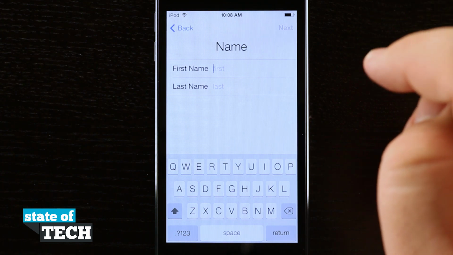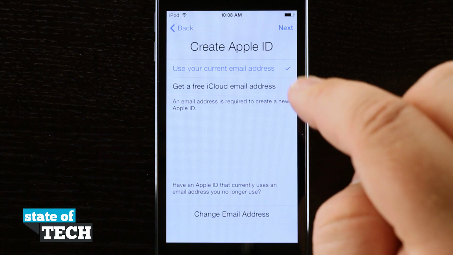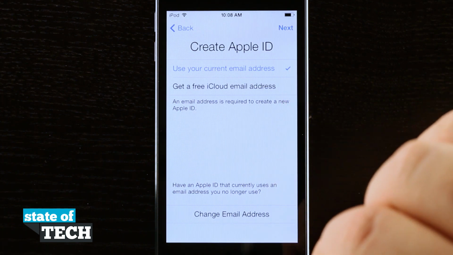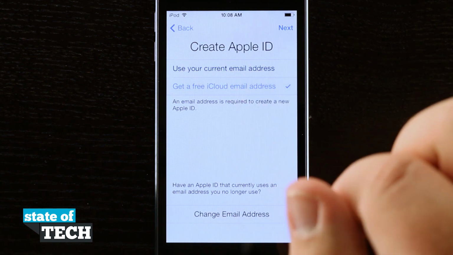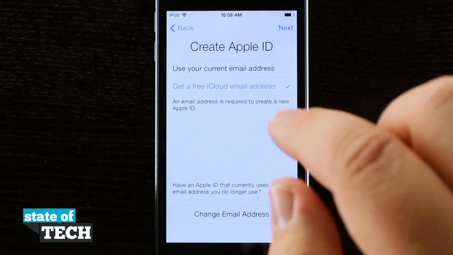And now I'm going to be asked to enter in my name, so I'll go ahead and do that right here. Now I have the option of creating an Apple ID. I can use my current email address or get a free iCloud email address. If your child doesn't have an email address, we'll just go ahead and tap Get a Free iCloud email. But if you have a current email address for them that you'd like to use, you can go ahead and